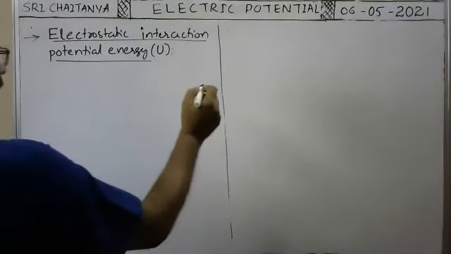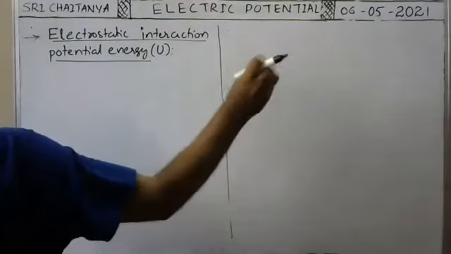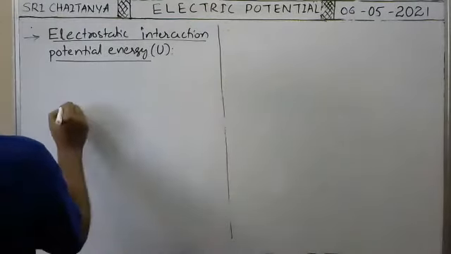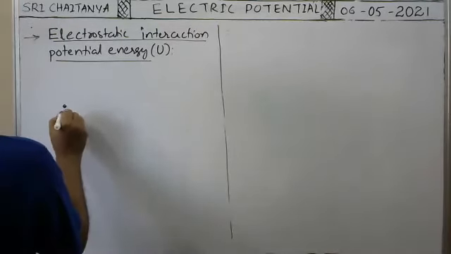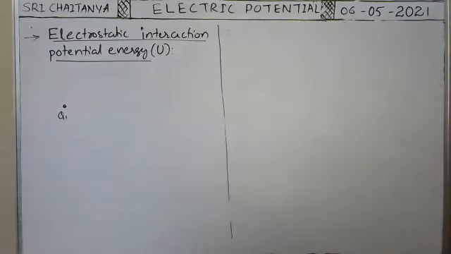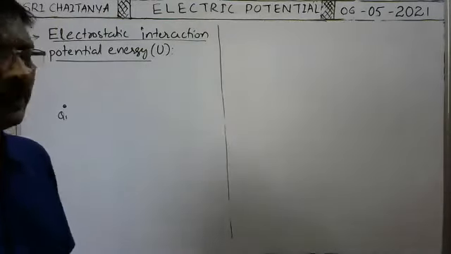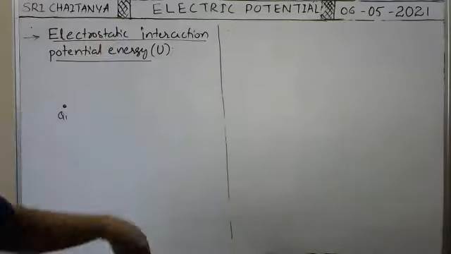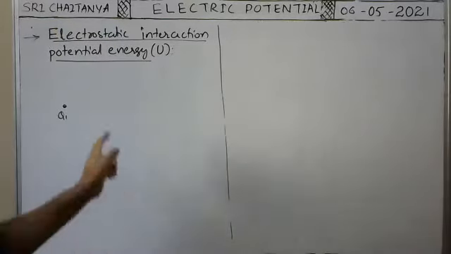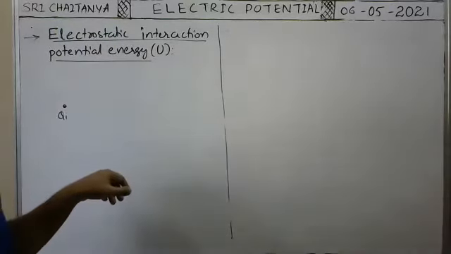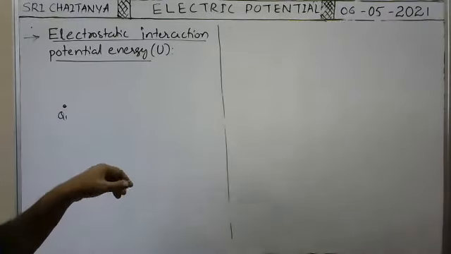So without work done, one charge Q1 is brought from infinity to this point. So here to keep the charge Q1 at this point, no work is done. But whenever the charge Q1 is kept here, immediately an electric field is formed around this charge. Okay, force is zero. That's why no work is done.